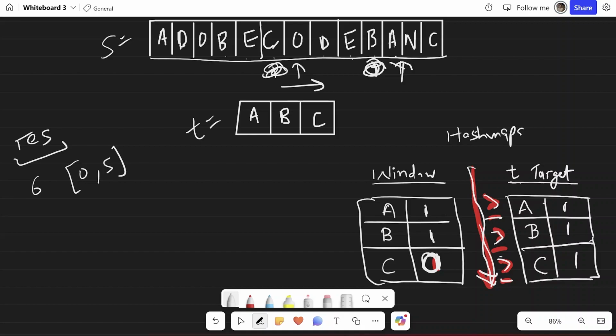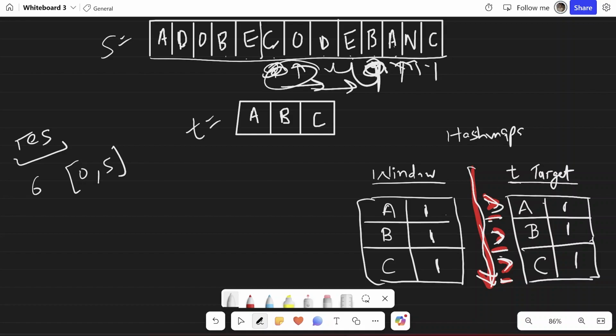Now again start moving R rightwards until I find a C. Reach here, I found one more C, so this C will become 1. And now again I start moving my L pointer rightwards until this condition is true. That means I have a valid substring. So I'll reach D, E, and at the end I'll reach B.